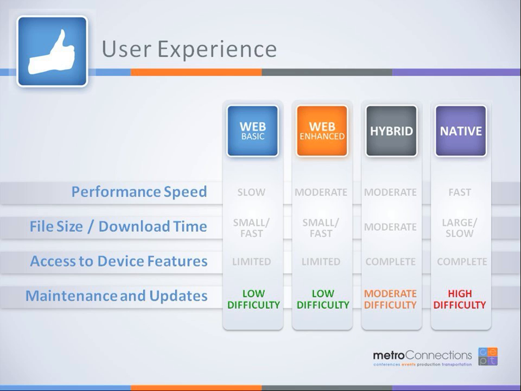We really encourage people to vet these different applications that they're using and have an experience on the app doing exactly what you're going to need it before you actually deploy it to your conference or event. All right. Well, I think we've covered that. Why don't we move on to some of the other features that are available?